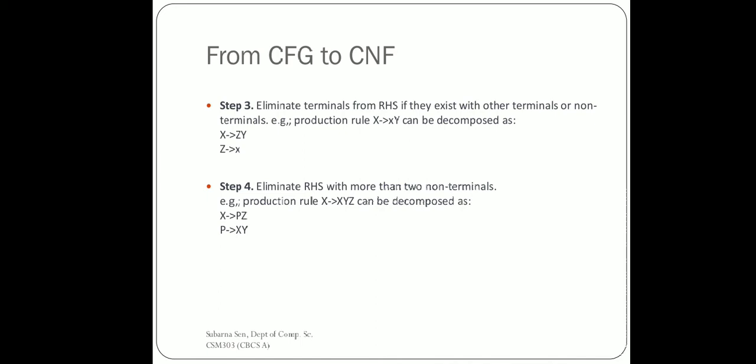Now next, eliminate RHS with more than 2 non-terminals. That is the production. Say we are having a production of all variables, that is x is deriving xyz. So x, y, z all are in capital letters, so all of these are variables. But this is not an acceptable form. So what we can do, we can incorporate a new variable in place of any two, and that variable can derive those two, right? So see, in place of xy we have introduced p, and p can derive xy. So the thing is done. So in this fashion, following these steps, we are going to convert any given CFG.